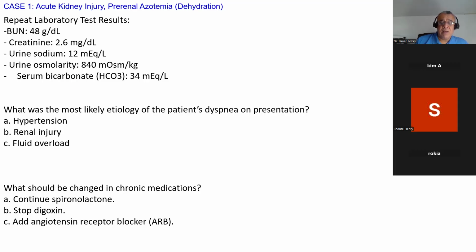For example, if you have a BUN of 40 and a creatinine of 2.0, that's 20 to 1. So if the ratio is higher than 20 to 1, then it's pre-renal, but when it's less than 15 to 1, then it's intrarenal. I know that this is one of the difficult concepts,